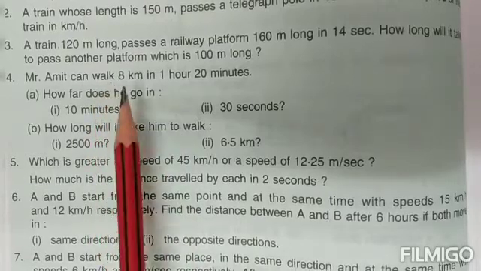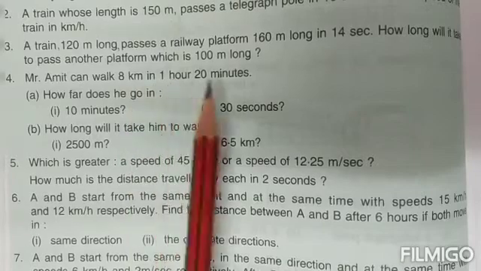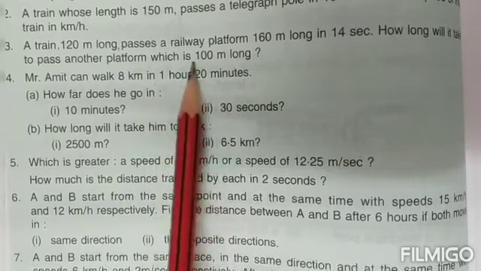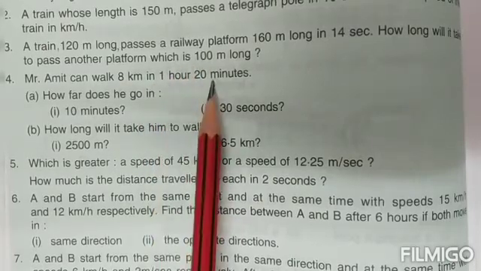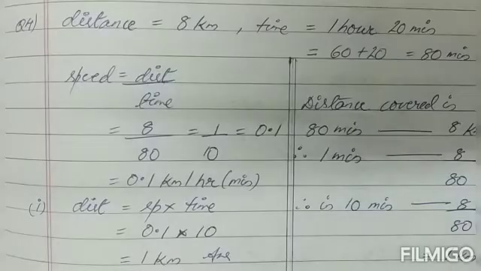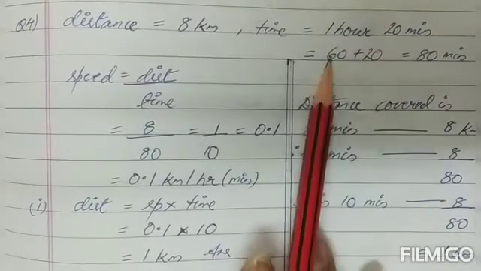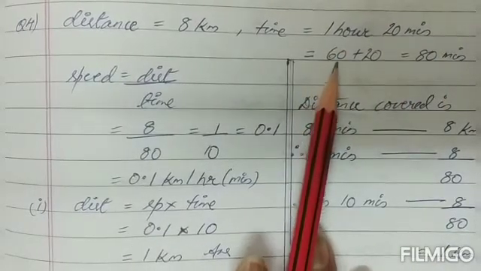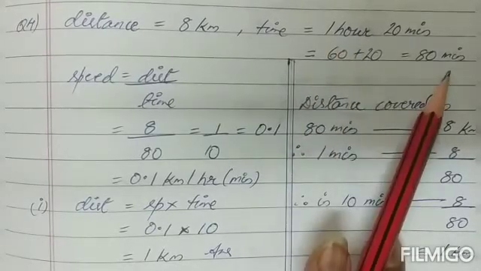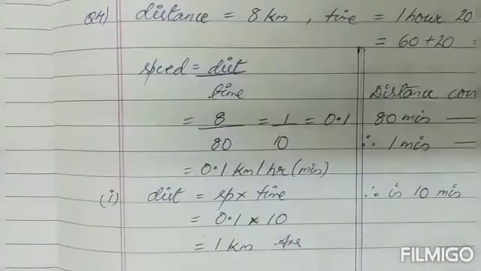Now one thing to be taken into account, children, distance is given in kilometers and the time is given in hours and minutes. So over here hours and minutes, either you can change the complete thing into minutes, children, or you can write them into the fraction and then you can do it. So let's see how to go about this question. Now children, time is given as 1 hour 20 minutes. In the first way, children, I have added up 1 hour is 60 minutes. So 60 plus 20, that is 80 minutes. And I am going to teach you 2 ways how to go about and do this question.